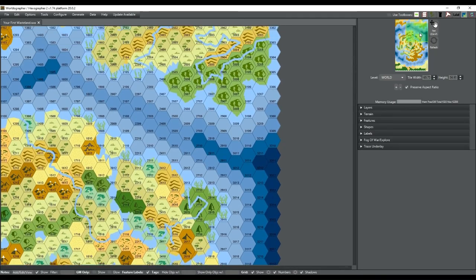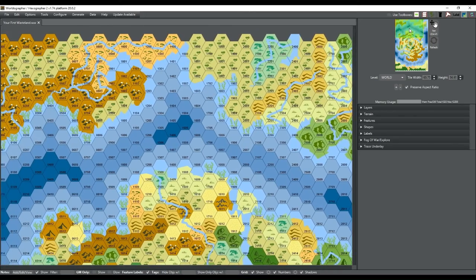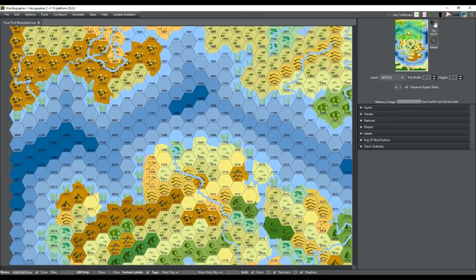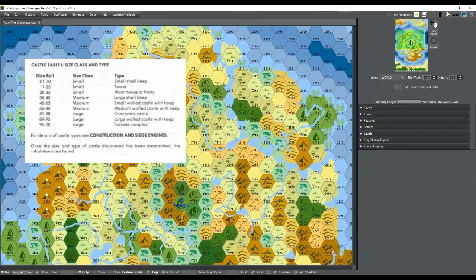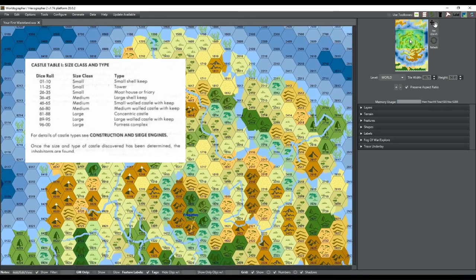The communities are very handy for the castles, because this determines the castle's revenue. And I'll be using this table right here for this. I think this will be extremely handy. For each castle that's rolled, there's different sizes. There's small, medium, and large, and then there's 3 variations for each of those sizes. And on the map here,